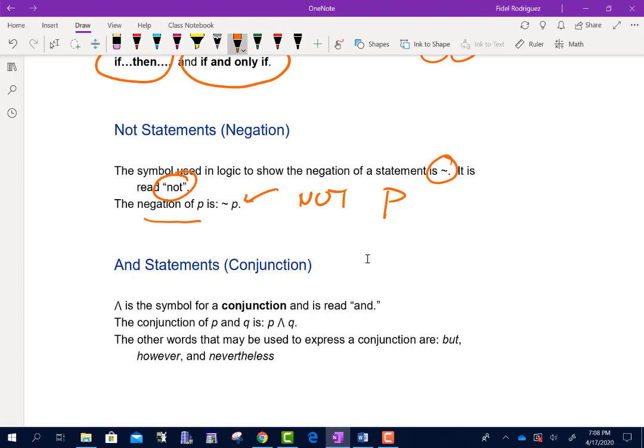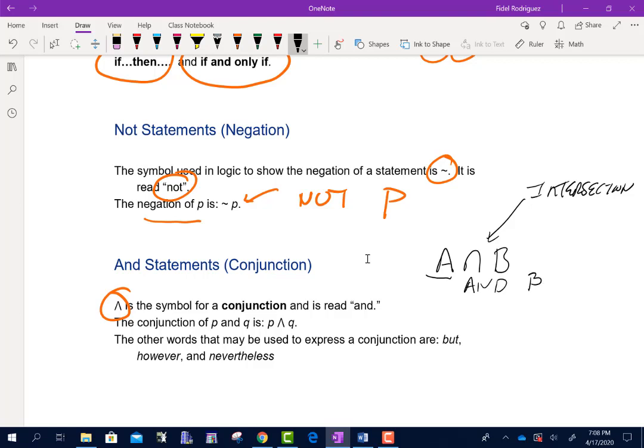The little up arrow is a symbol for conjunction. And that's what we read as "and." Guys, if you remember back from chapter 2, which was what we did at the beginning of the semester, when we had something like this, that was what we called the intersection. And what we were looking for was the elements that were common to both A